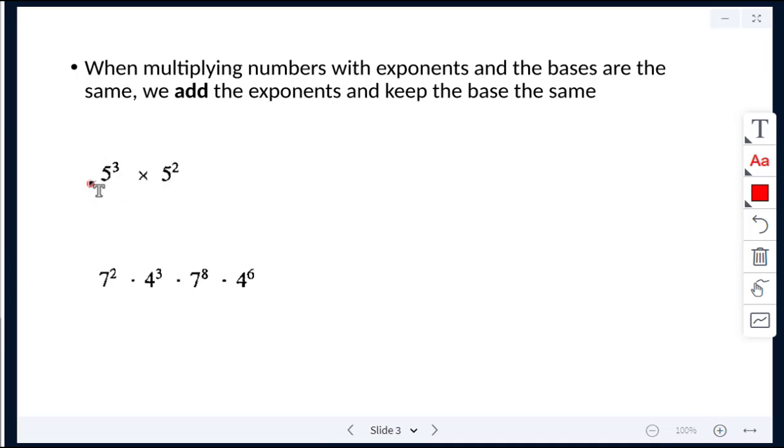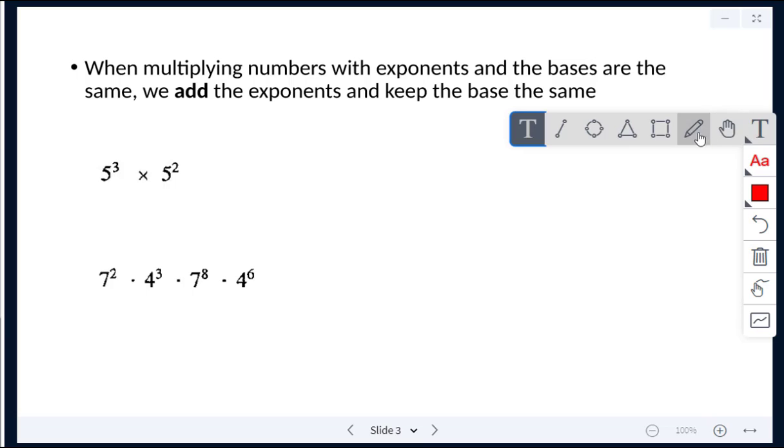So quick recall that this number here is the base, the number up top to the right as a superscript, that is the exponent. So here we have 5 cubed, or 5 to the power of 3, and then multiplied by 5 squared, or 5 to the power of 2. All right, so the bases are the same, 5 and 5. So the first thing I'm going to do is write this out in